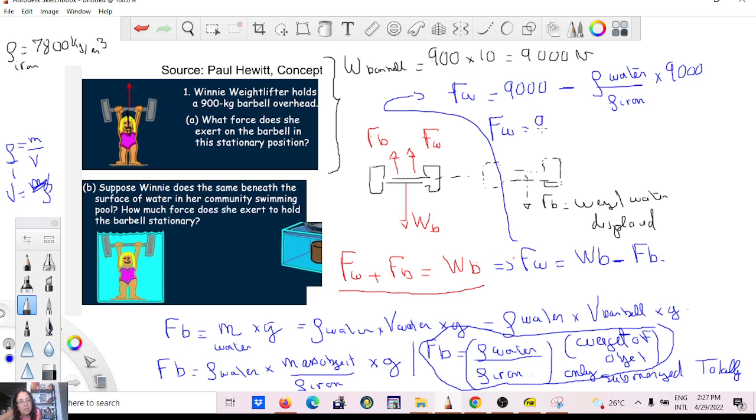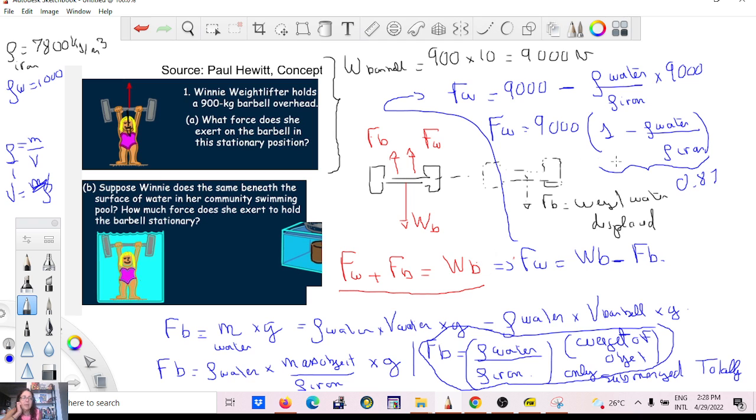I'm going to factor out my 9,000, which is the weight of the object: 1 minus rho of the water divided by rho of the iron. Iron is 7,800, and remember water is 1,000. So when you do 1 minus this ratio here, you get